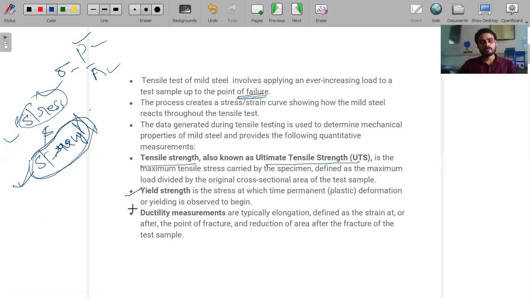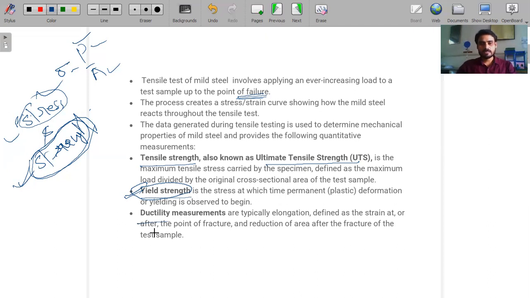Yield strength is one more important factor of any material. If we design within the elastic limit, that stress is important for us, in elastic design. So we can identify the yield strength of the material. Basically, it is the strength at the junction of the elastic limit and plastic limit of any material. Ductility: we can identify the material's ductility nature.